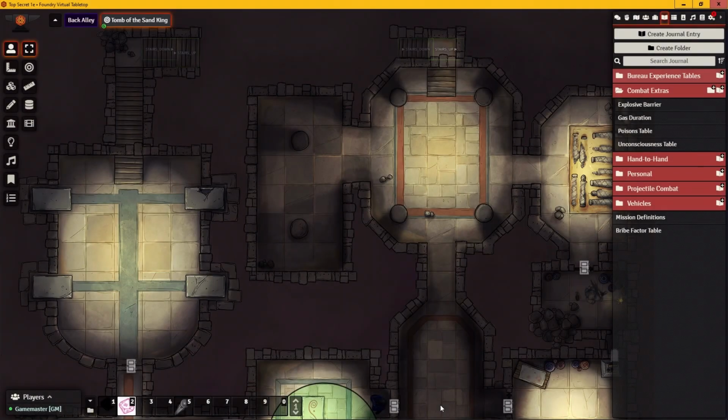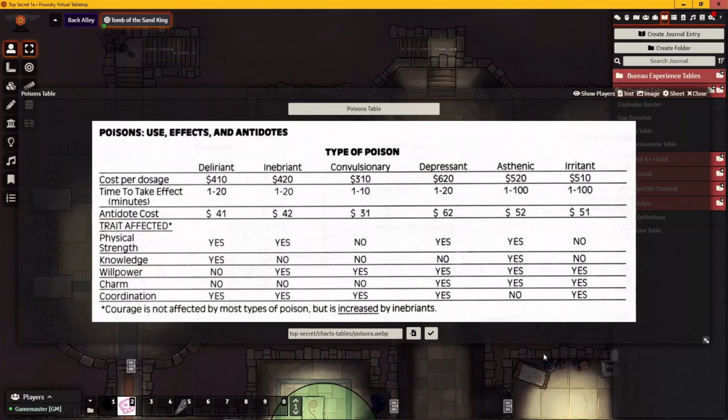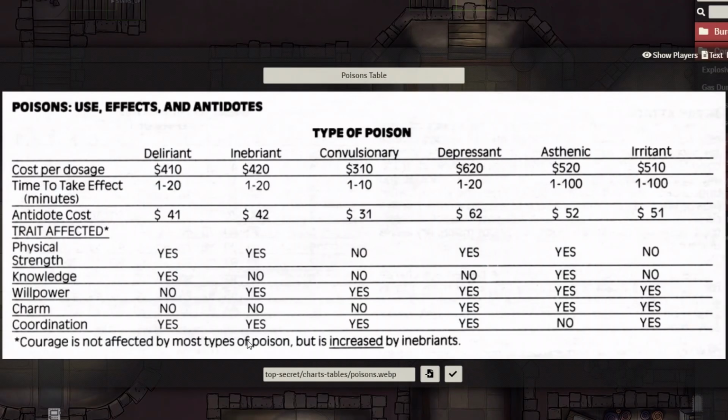Poisons in Top Secret fall under one of 6 different broad types on the poison table. So let me pull that up for us. There we go. And so we have these 6 different types. So let's go through them real quick. We have the deliriant, inebriant, convulsionary, depressant, asthenic, and the irritant. Though in general the effects overlap,